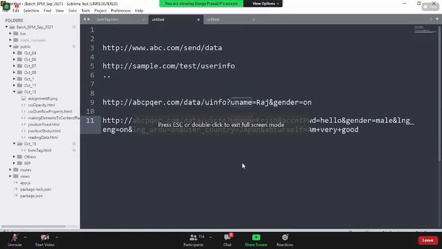This is what we call sending the data through GET communication. Whenever the values are getting added to the URL, this type of sending data we call URL rewriting, because whatever URL you have given is getting appended and rewritten. That is the reason we call it sending the data in the form of query parameters or URL rewriting.